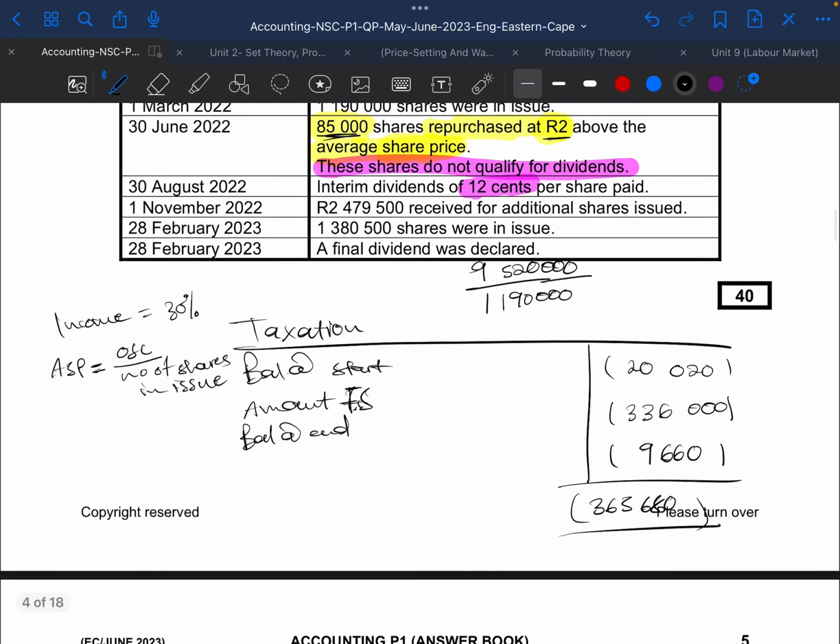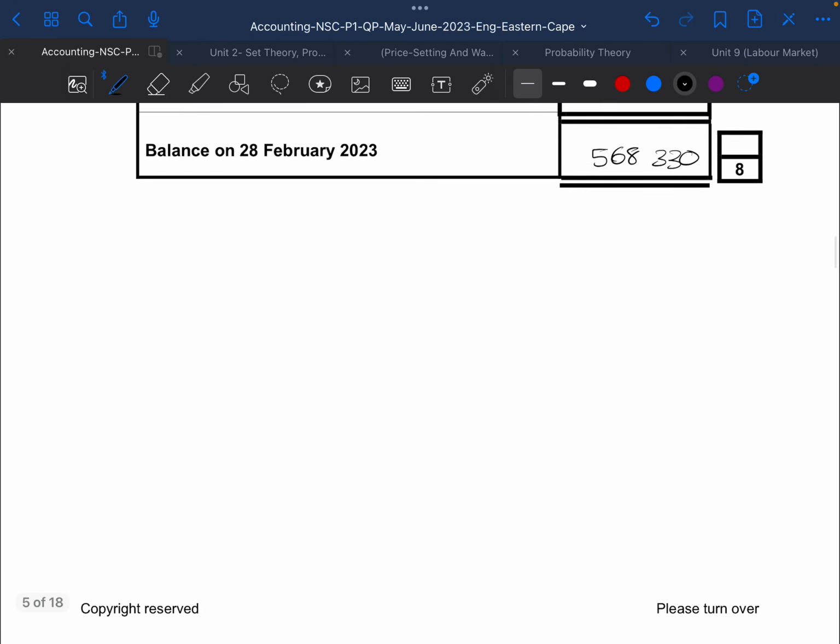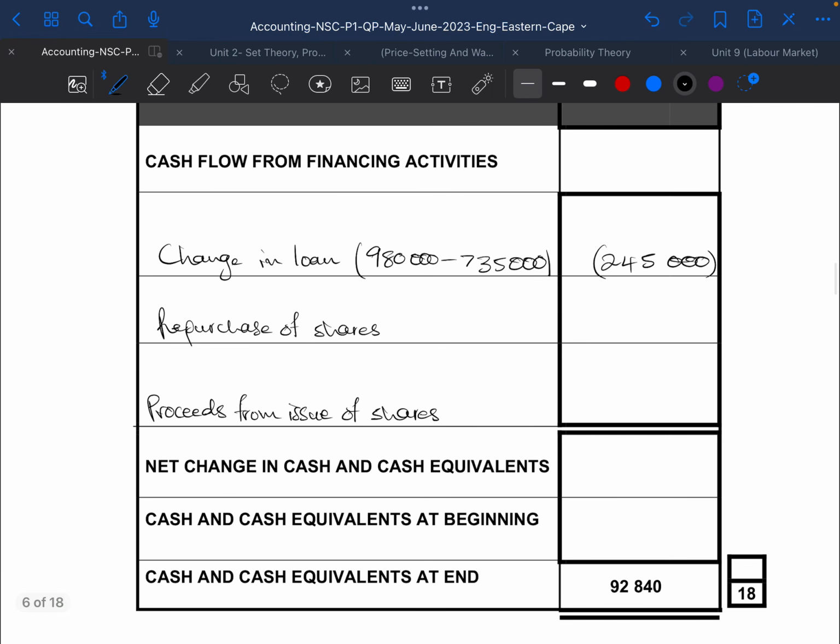So let's just see what that would give us. That's 8 rands, which simply means we have paid 8 rands plus 2 rands. So we can just simply say 10 multiplied by 85,000, because this is the total amount that we have paid to repurchase the shares. So that's 800. Okay, wait, is it 85,000? Okay, that's 850,000